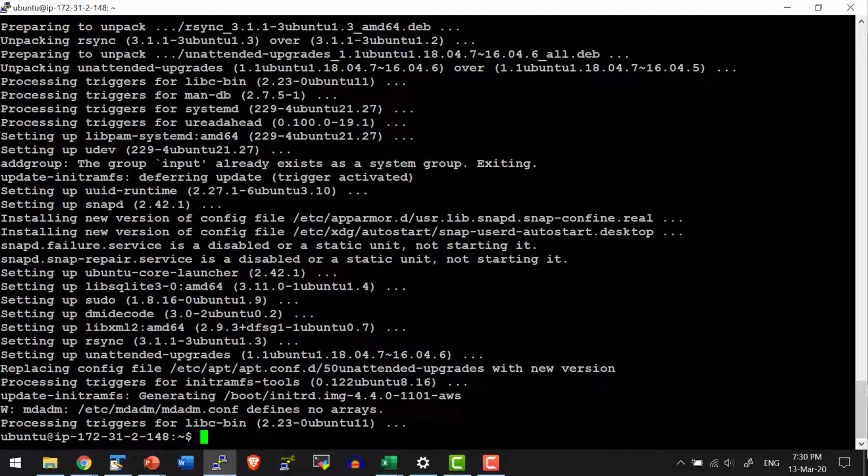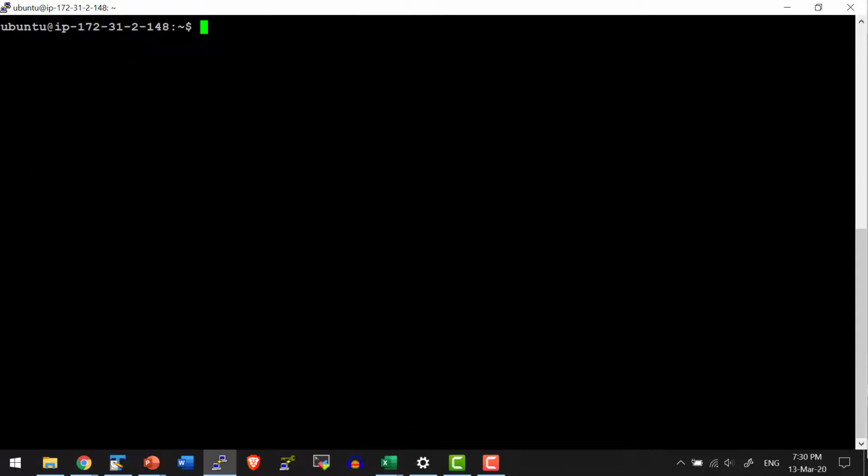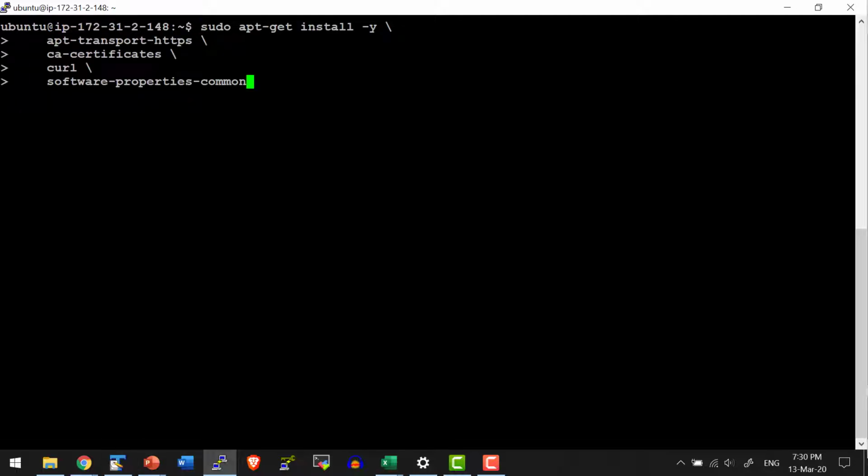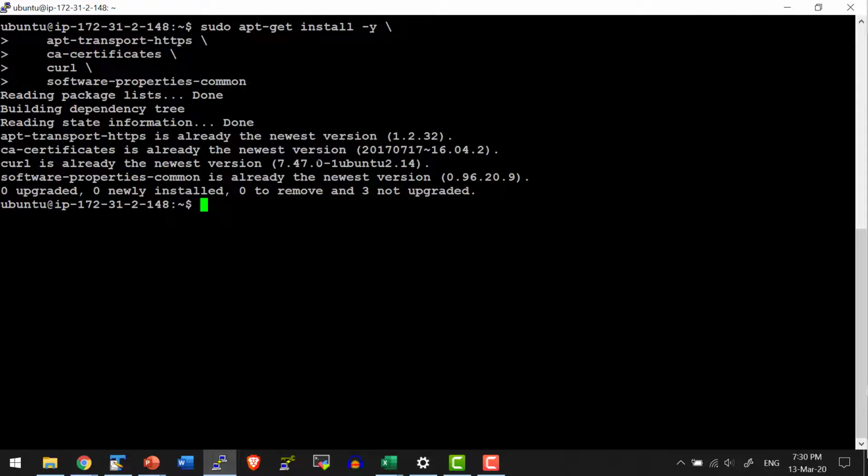The upgrade process is complete. Now let me go ahead and install the required packages like HTTPS protocol support, CA certificate support, as well as CURL. So this is the command. And I'm going to add this specific command as a part of the lecture so that you don't need to worry about retyping the same command. You can copy paste. So the packages for HTTPS, CA certificates, CURL, and the required packages will get installed.